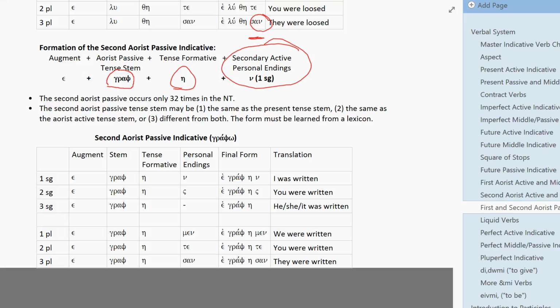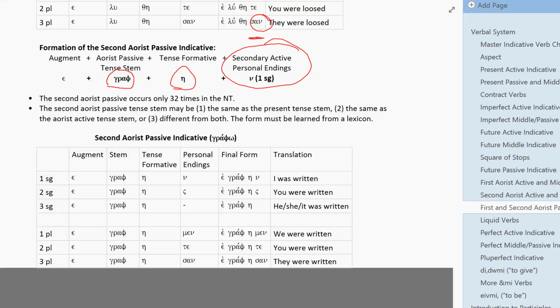Remember, it only occurs 32 times in the New Testament, so it's actually not that terrifying that it could be kind of anything. And you'll still be able to see that eta in there instead of an epsilon. And notice that there's no accent over the etas. That's important because when you get to the subjunctive mood, you'll have lengthening of the epsilon connecting vowel to eta, but it'll almost always have an accent over it, like a circumflex. So the subjunctive usually has a circumflex over that eta. But in this case, there's no accent here, so that helps you realize that eta is part of the aorist